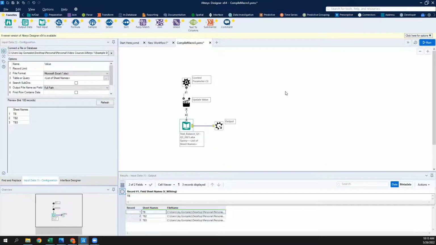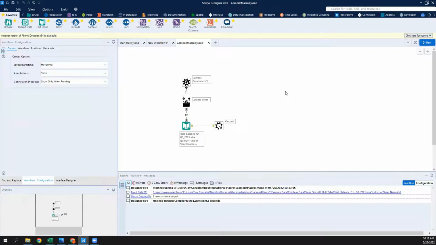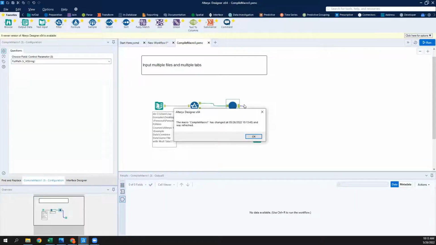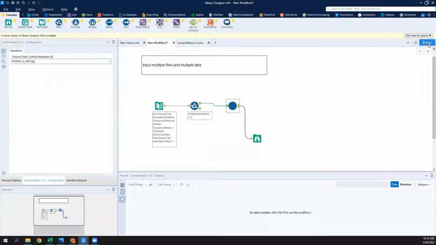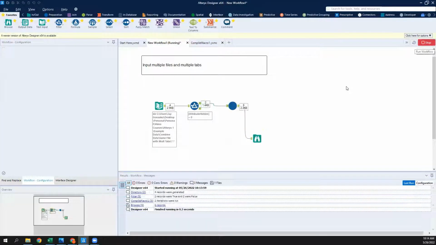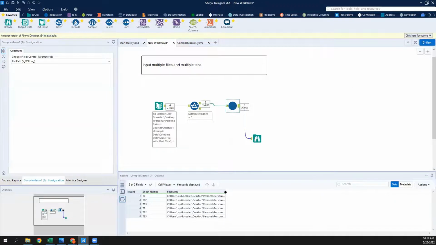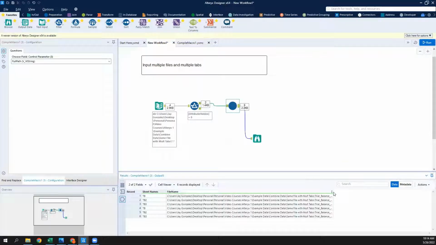So let me save this. Okay, there we go. It's saved. So now it tells me here the macro has changed and was refreshed. So it lets you know that we actually changed this macro. So okay, that's fine. So let's go here and run it. All right, so now we ran it. Now we have all of the information that we need in order to then run